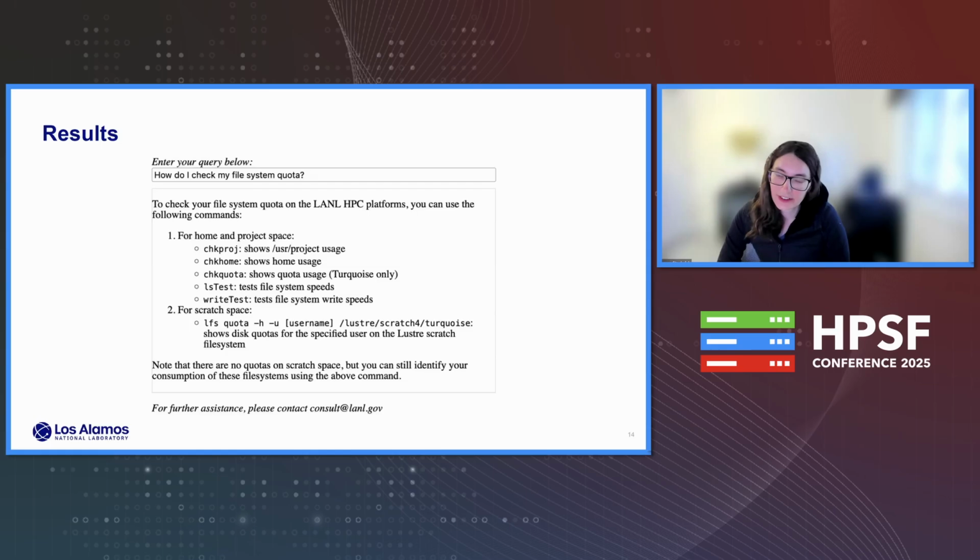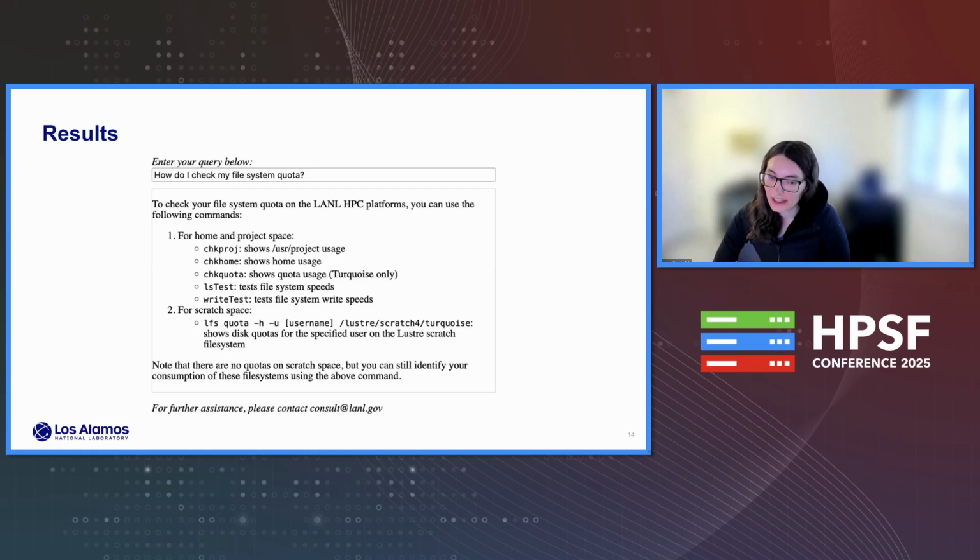Now, some results. These can be kind of fun. One question on this first slide is, how do I check my file system quota? I specifically chose this question because if you were to ask a general tool, like maybe regular ChatGPT, it would give you an answer that wouldn't work on our systems. It would probably tell you to use the quota command.